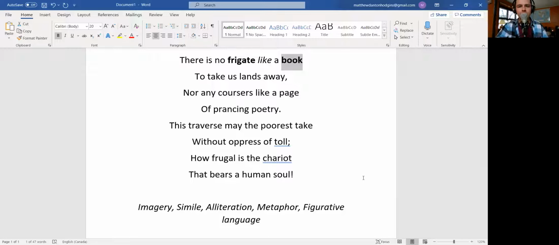So already we are comparing a book to a frigate, to this boat that goes on a long voyage in the sea. And already there is some meaning there, right? We've got a bit of imagery going on. A book is like the boat with which you go voyaging through the sea in the wide open air to go explore, right? So already I think I'm picking up on what this poet is laying down. Next, to take us lands away. Okay, so that kind of confirms what we already saw in the first section, right? And of course, to take us lands away,